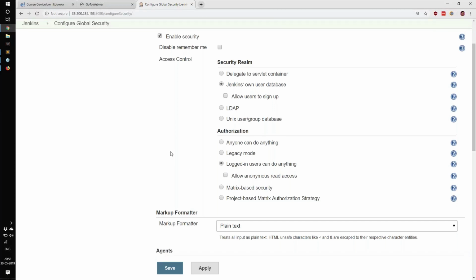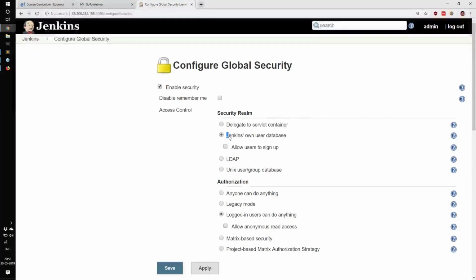The first option is how identity management is done in Jenkins. Jenkins can use its own database, which is what you would use in most cases. The second option is to connect Jenkins to a centralized identity management system